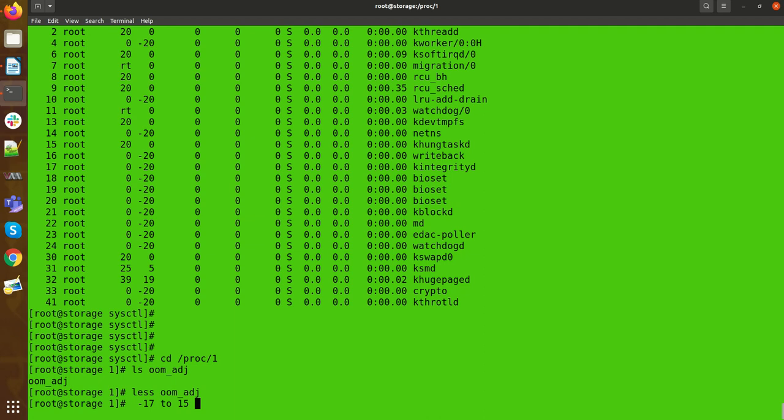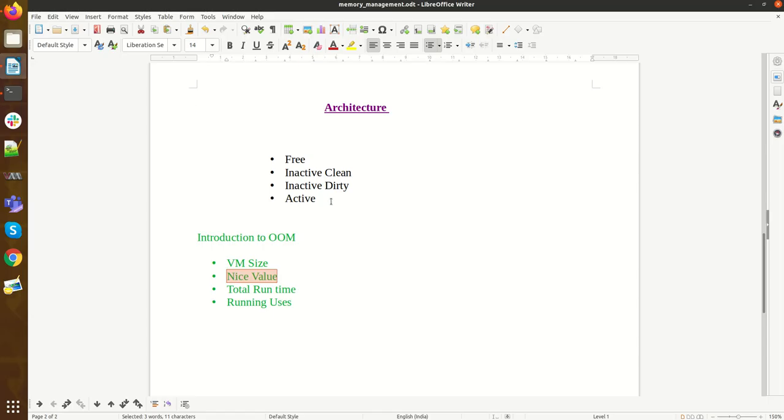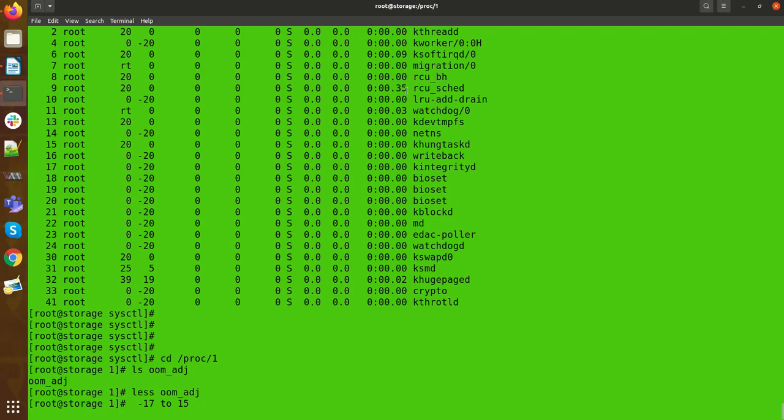So plus 15 will be the value where your process will be killed first, and minus 17 will be a good value. Okay, so this is about how your out of memory is going to be calculated. Okay, more you can see here.